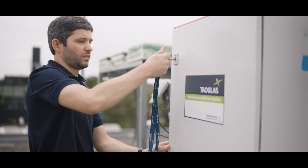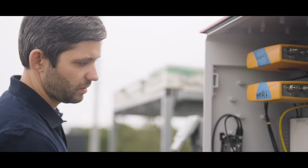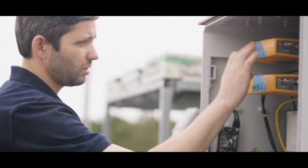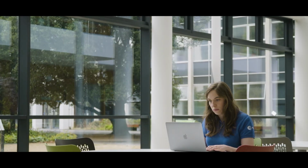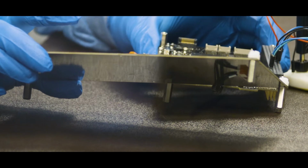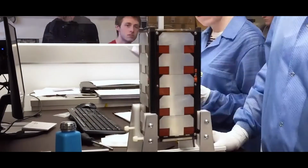Most cables have some form of plastic insulation, and the Taoglas cables that we were able to get were made of a certain type of insulation which is actually able to withstand the vacuum of space, and they were also flexible enough that we could route them within the small space we had in the spacecraft. So I think it was really exciting to be able to see the kind of companies that are in Ireland that are actually building space qualified components, and then to be able to put them on Ireland's first satellite and say this component was built in Ireland, it was tested in Ireland, and now it's going to go up into